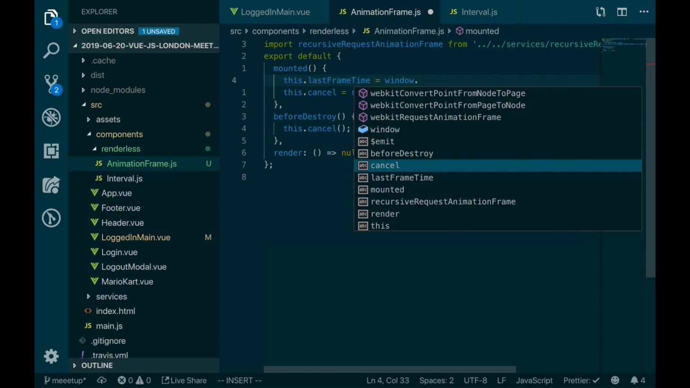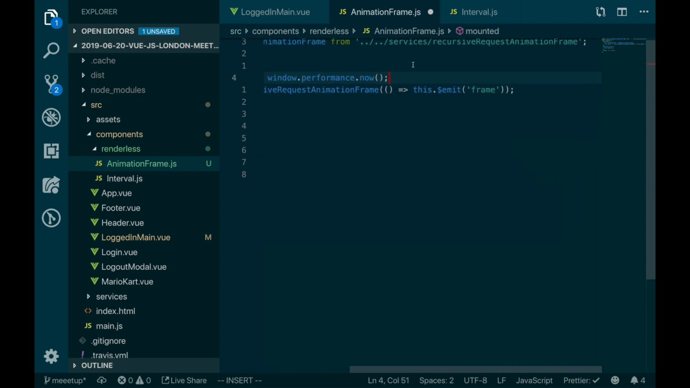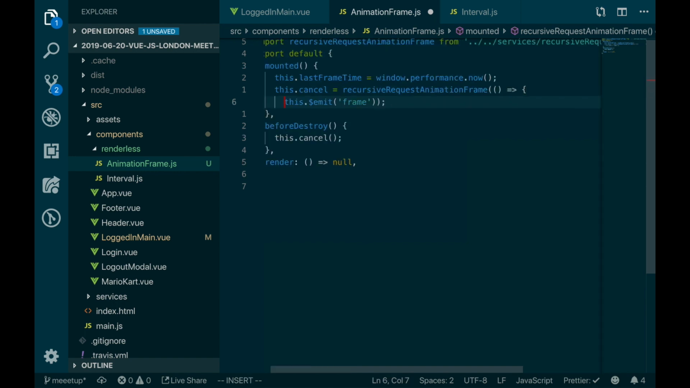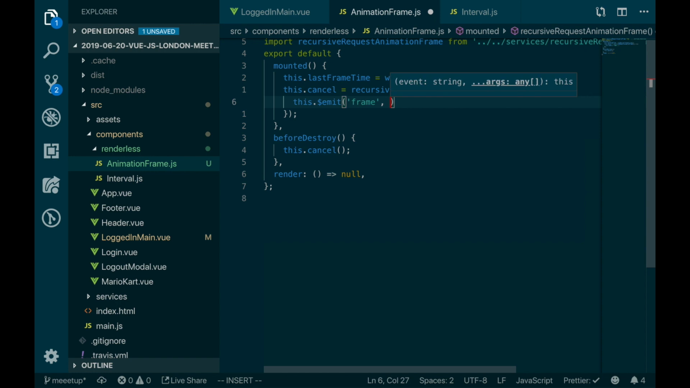Okay, window.performance.now. When it's mounted, we get the current time, and then we request an animation frame, and then we emit the time elapsed. So basically